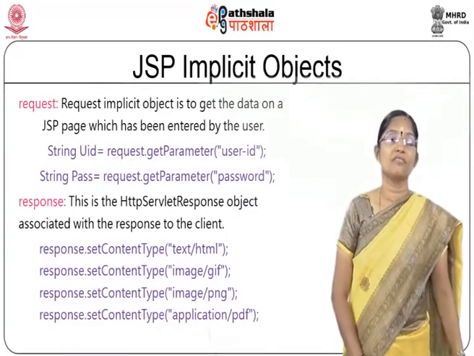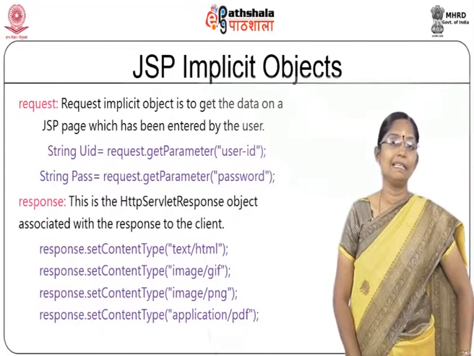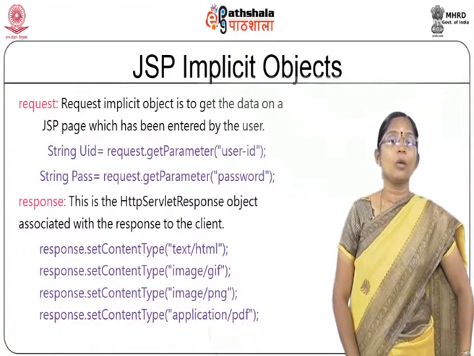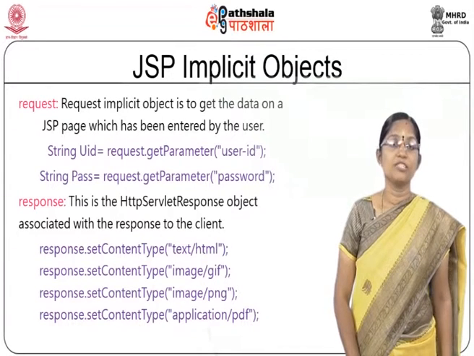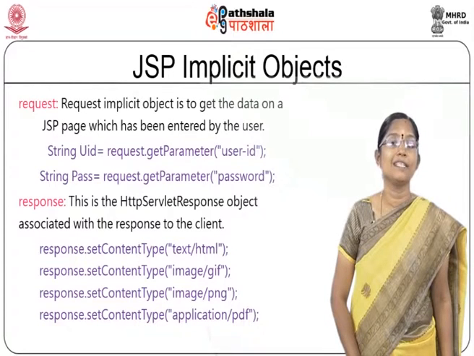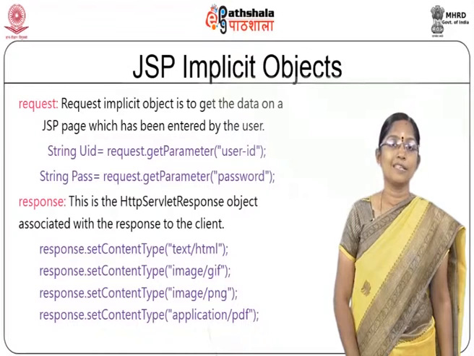The first and second objects are the foremost ones used frequently in a JSP page, starting with the request object. The request implicit object is used to read the data from the JSP page when some data has been entered by the user. You can go through an example: String uid = request.getParameter("userID");